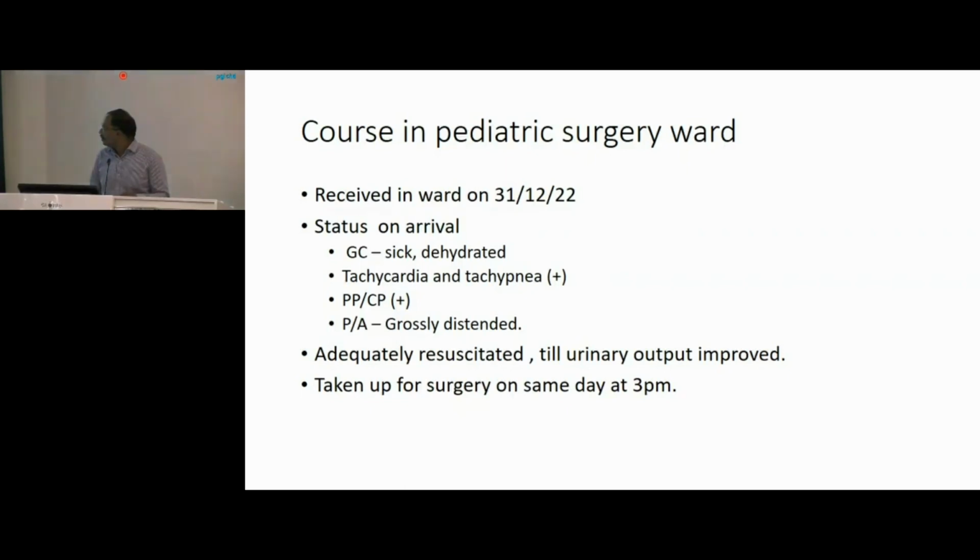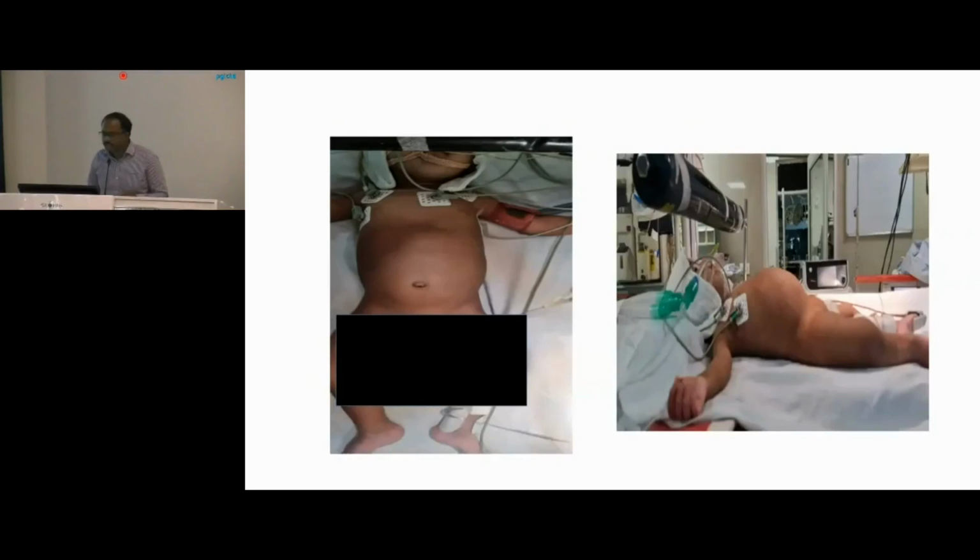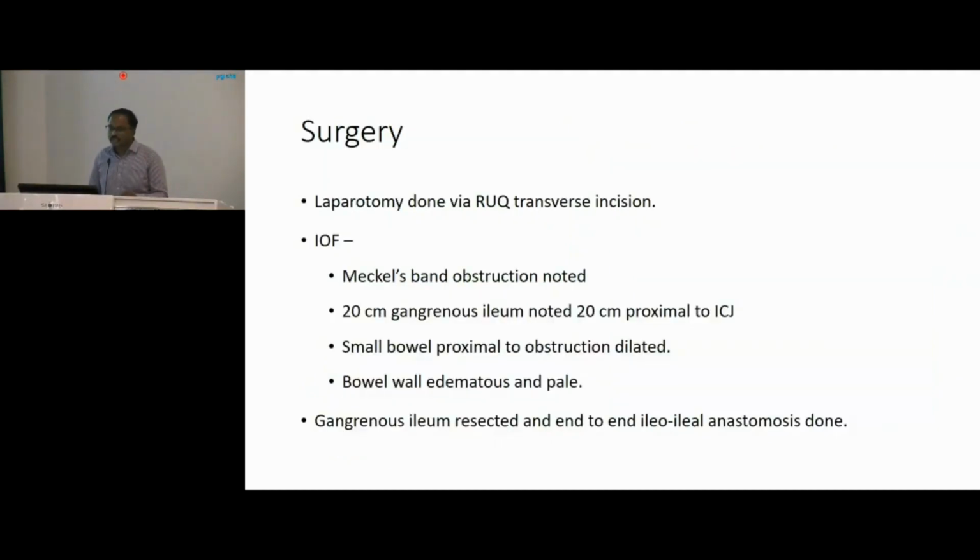on that same day. So, this is the pre-operative picture of the child showing gross distension of the abdomen. And the surgery done was laparotomy. It was done via a right upper quadrant transverse incision approach. And intraoperatively, we noticed a Meckel's band obstruction, which was causing compression of the bowel. The bowel which was compressed was about 20 centimeter proximal to the IC junction. About a length of 20 centimeter of ileal segment was gangrenous, and so